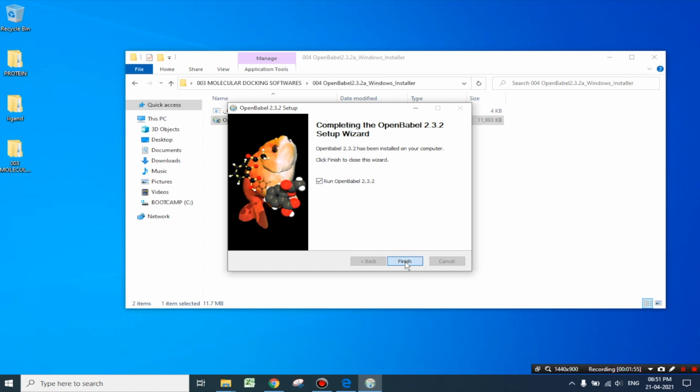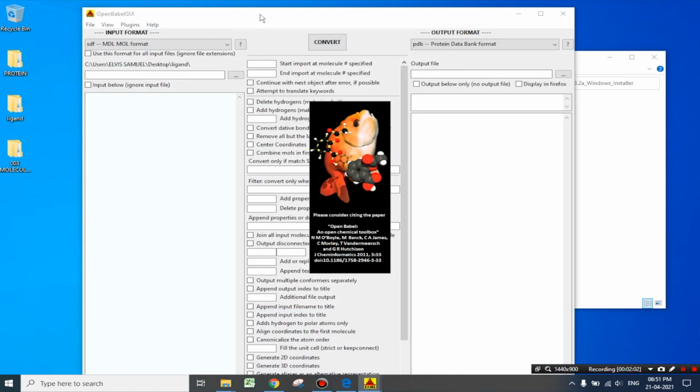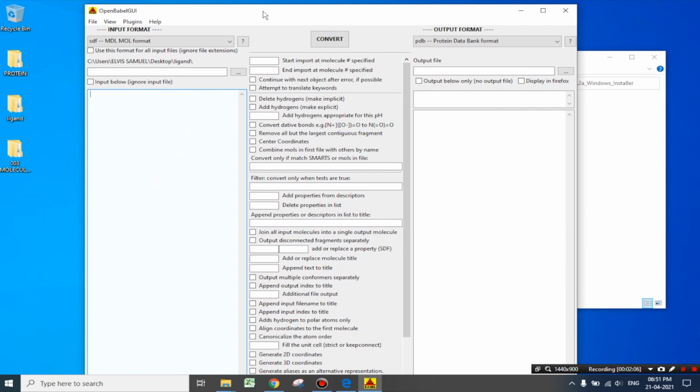Here, you have successfully installed OpenBabel in your computer. Now, you can see the software. We will be using OpenBabel software for converting one file format to another file format during ligand preparation. So, for time being, let's close this software.